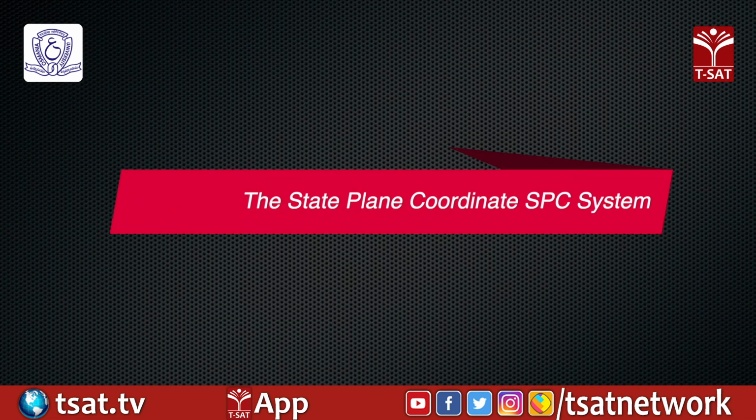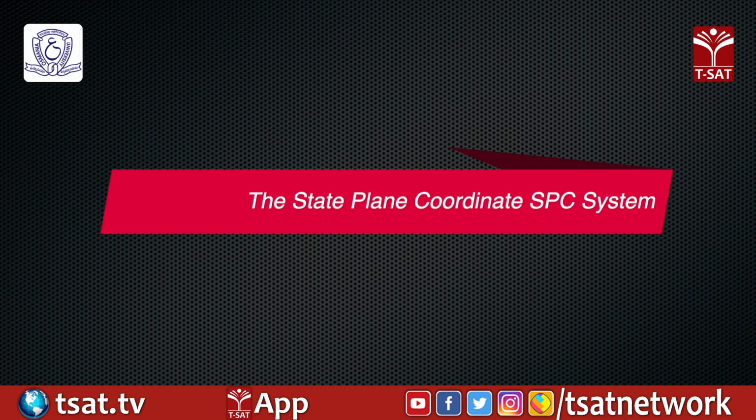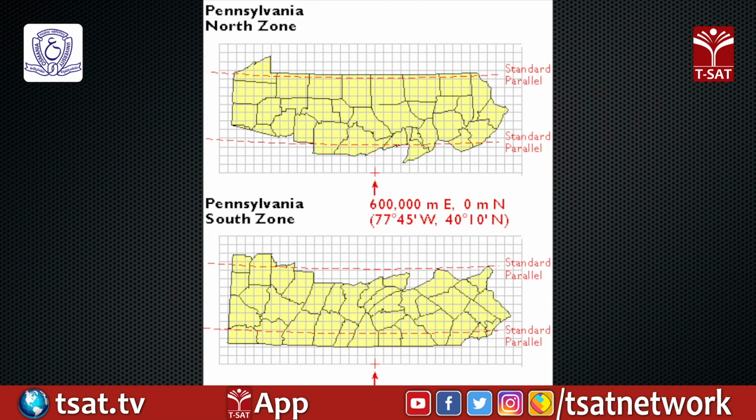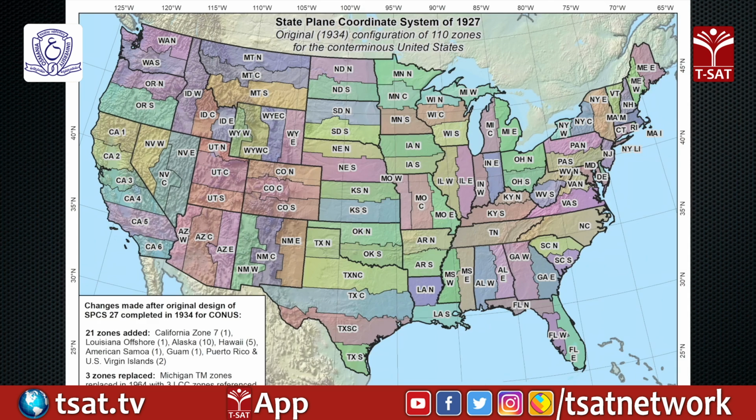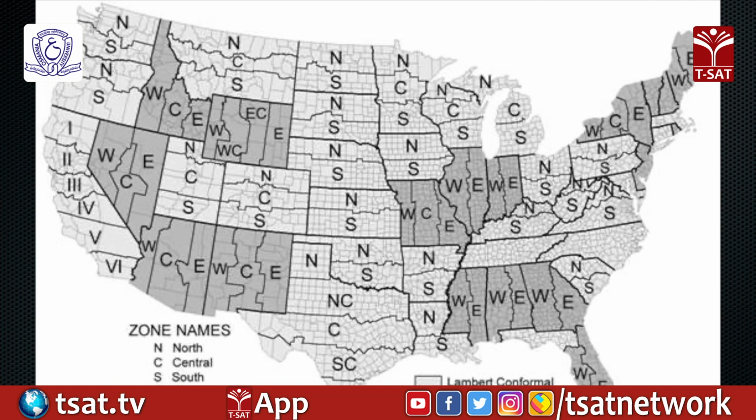The State Plane Coordinate (SPC) system. The SPC system was developed in the 1930s to permanently record original land survey monument locations in the United States. To maintain the required accuracy of one part in 10,000 or less, a state may have two or more SPC zones. As an example, Oregon has the north and the south SPC zone, and Idaho has west, central, and